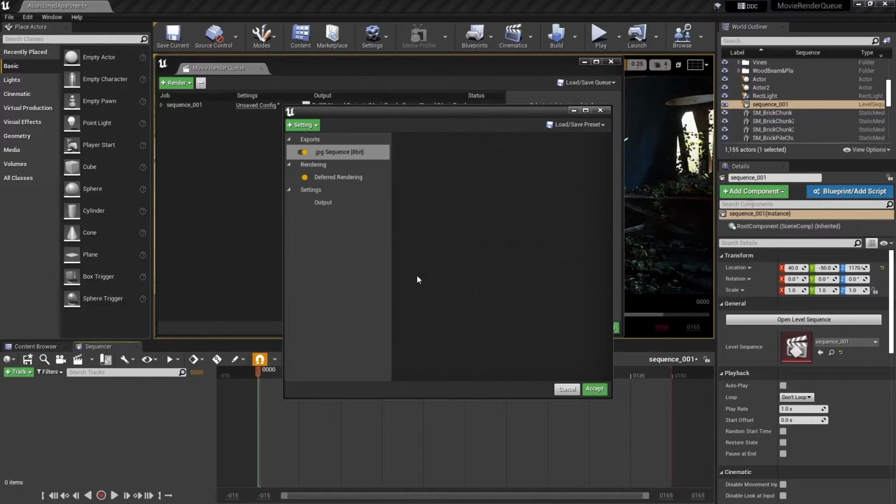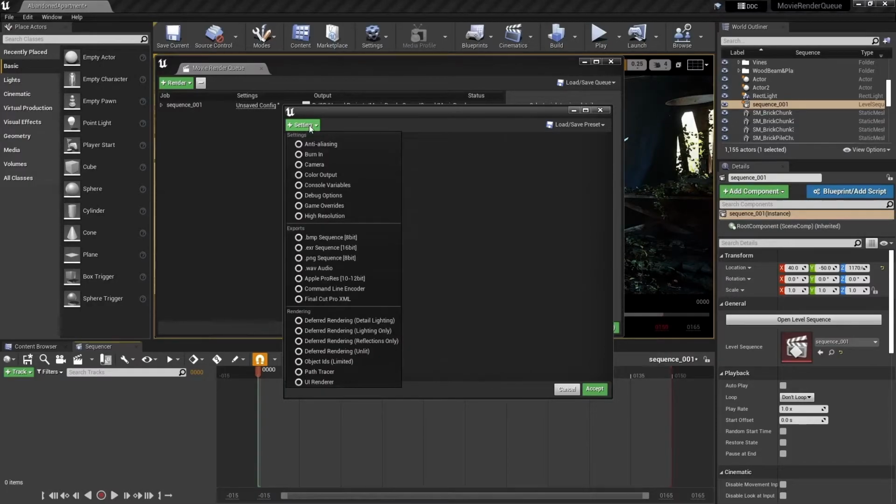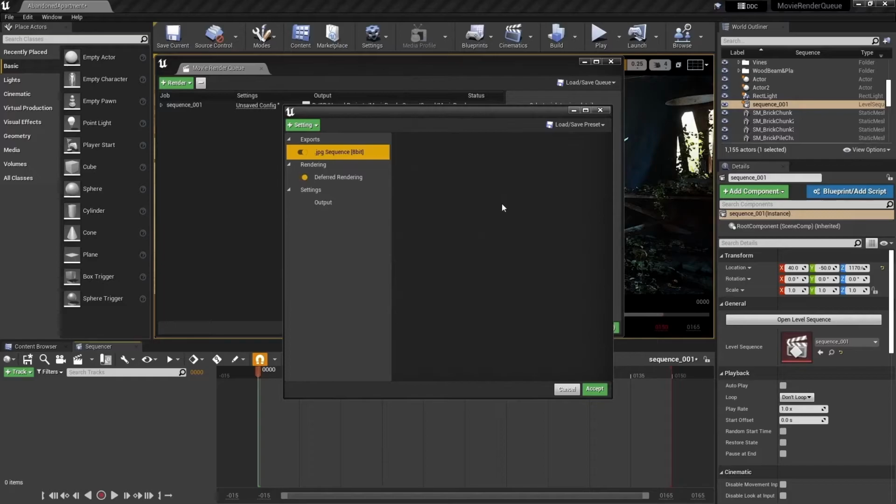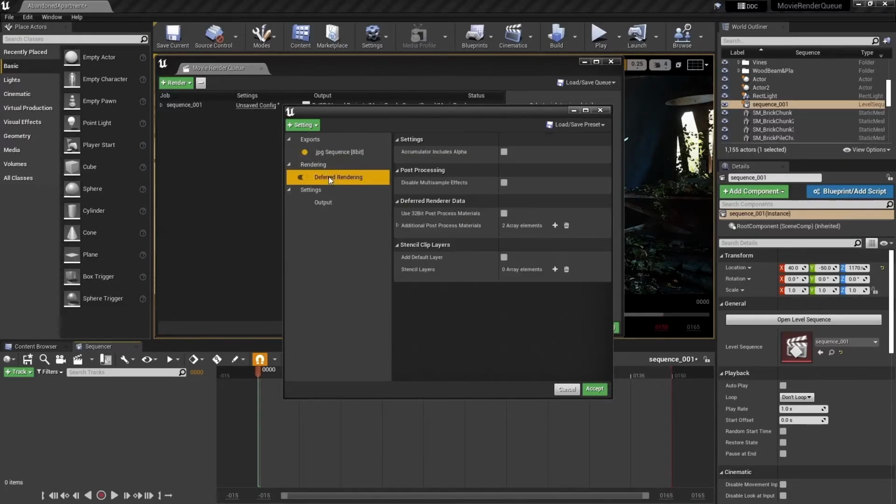But we're going to get into that later. So for starters, let's go ahead and explore what settings are available. By clicking on the big green setting button up top here, you'll see we have a lot of settings here. Now the way that the movie render queue works is you have a series of tabs here that you